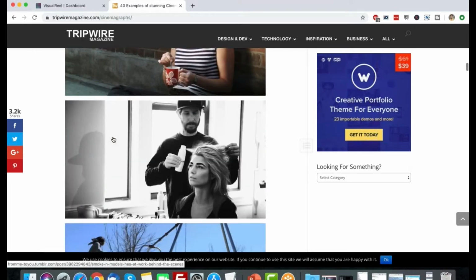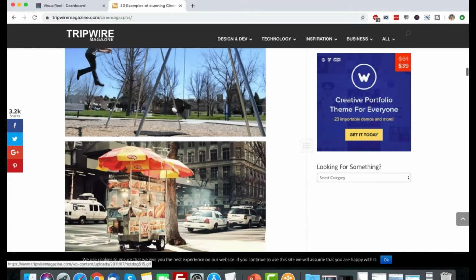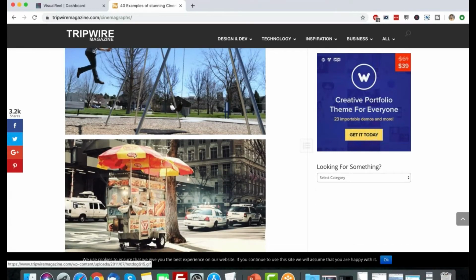Now, the reason why people create cinemagraphs and why these pictures are so useful is because they are a pattern interrupt. A lot of people share a lot of content on social media. People share images and videos and text posts, and their fans and friends engage with a lot of stuff. But when you are scrolling through your Facebook, Instagram, or Twitter feed, there's so much content that you tend to skip about 90% of it. You only engage with something that captures your eyes, right?